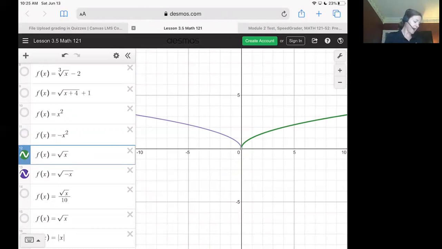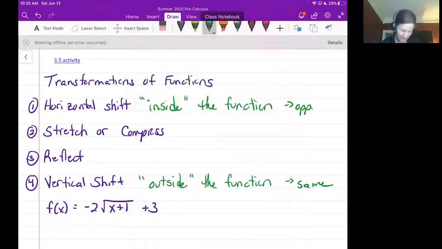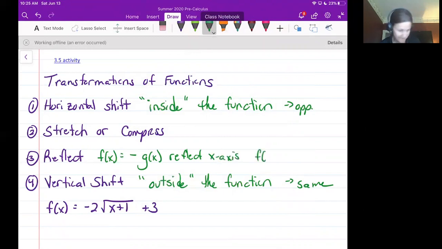So as far as x and y reflections occur, the way you can remember that is, if you have f of x is equal to the negative of the entire function, we'll call the original function g of x, it reflects the x-axis. And if we have f of x equals g of negative x, notice the negative is inside the function, then